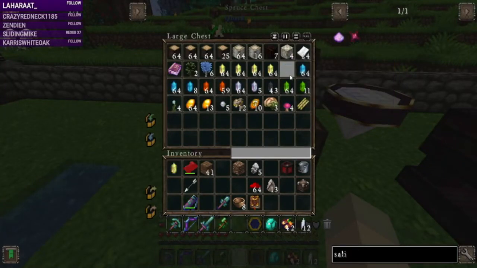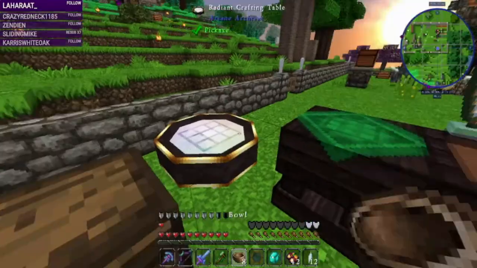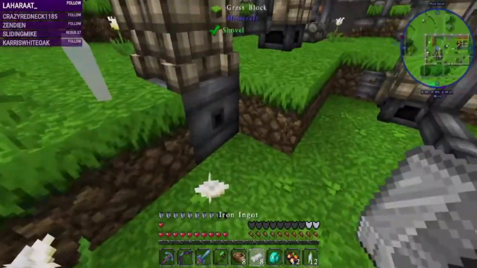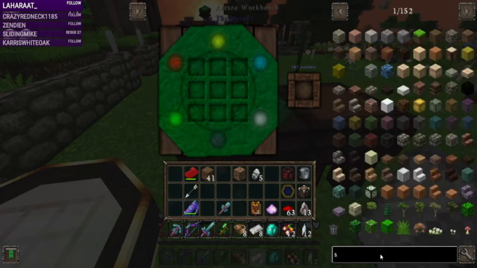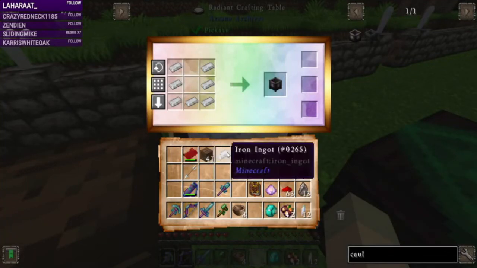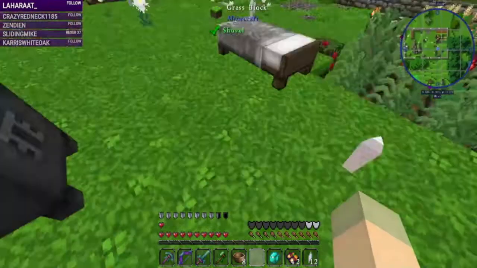We have a bunch of air. Looks like we're going to be doing... Alright, so we have the Salus. Let's grab iron we need to make a cauldron. And do we need to do it in here? We have 143, that's cool. Why would I do it in there? It's a vanilla recipe. Cauldron, okay. Whack it with some Salus Mundus. And we now have a crucible. So what we're going to want to do is put